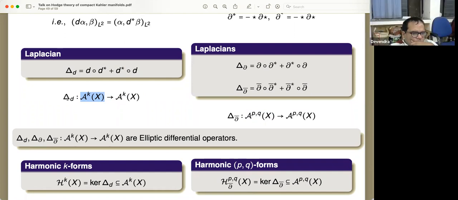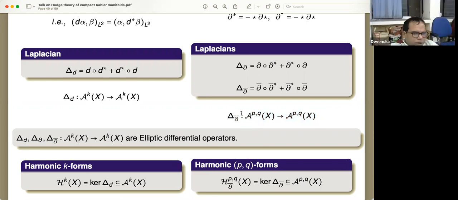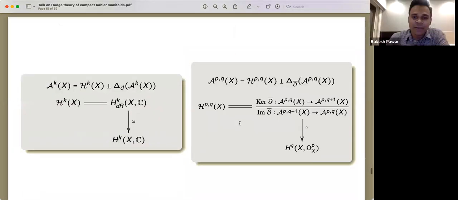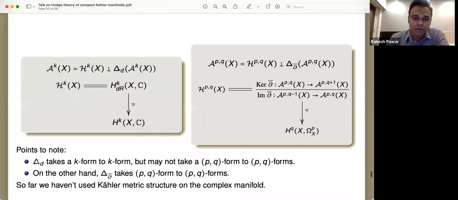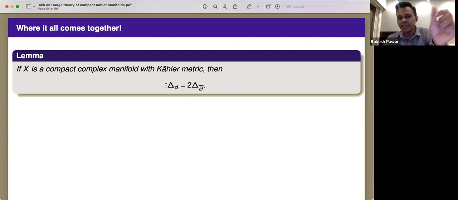It might, in general. And what this is doing is making sure that a (p,q) form will go to a (p,q) form, this Dolbeault operator Laplacian. Now, with the Kähler metric assumption, that's what I was recording here: Δ_d may not take a (p,q) form to (p,q), where p plus q is k, but the other one does that. With the Kähler metric structure, there are entities that come up that will guarantee that for all the operators involved, like the adjoint operator, star operator, they will have all these relations with them.